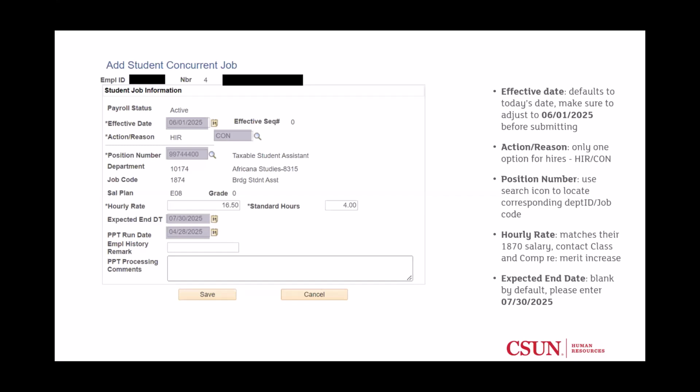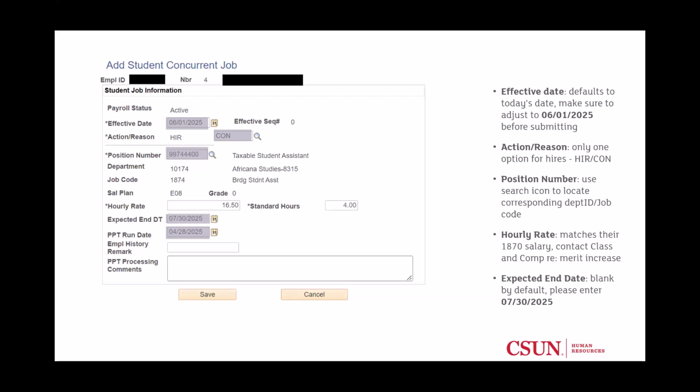As far as what I've understood from class and comp, that's not necessarily allowed unless it is a genuine merit increase that needs to be awarded. But for any questions regarding adjusting their salary and making it different from their 1870 or increasing it, please contact classification and compensation.